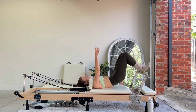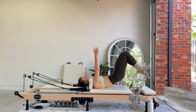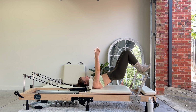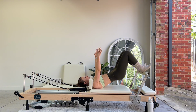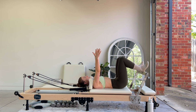All right, we've got 5 more like this. We're going to start to add on a halfway lift and lower as well. Can you meet me up high in 3, in 2. On your next one, we hold it up high. We've just done our 2 pulses there. From here, we're going to hinge those hips down halfway. We press them back up. We hinge down halfway. We press back up, then we lower that spine all the way down,